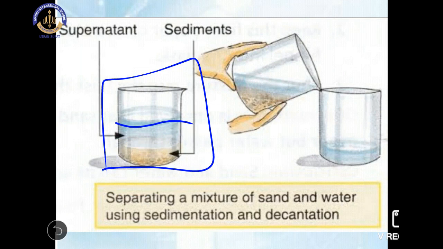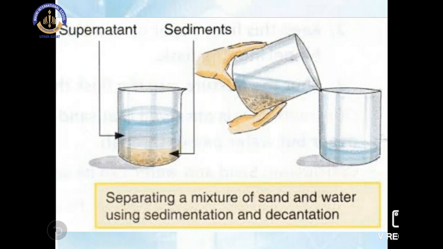Here, supernatant means the overlying component. The clean water is the supernatant, and sediments means the components which settle down in the beaker. So here the soil is the sediment and the clean water is the supernatant. So by